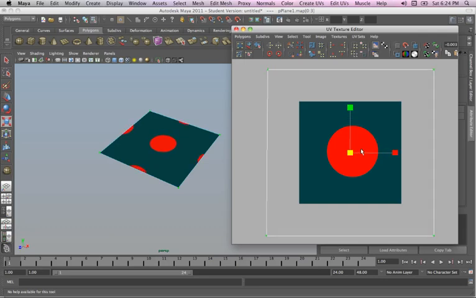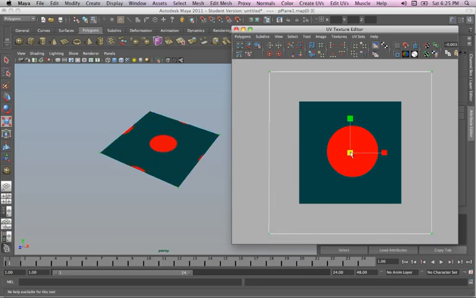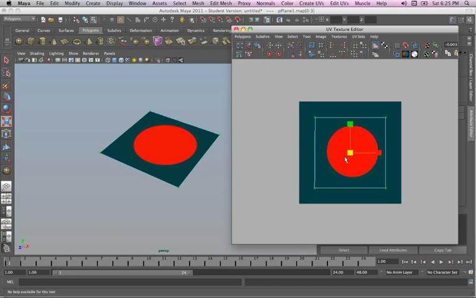Now as we go out, you'll notice it starts to tile. And that's the default setting for UVs to tile automatically. We can turn that off later, but we're not going to worry about it today. As I go down, of course, we'll see the opposite start to happen. So that as our UV gets smaller and smaller, we're showing more and more of the circle